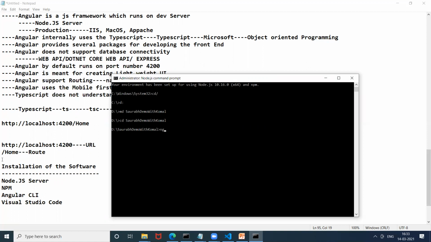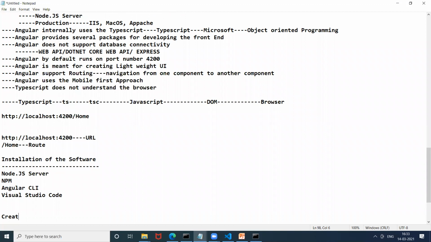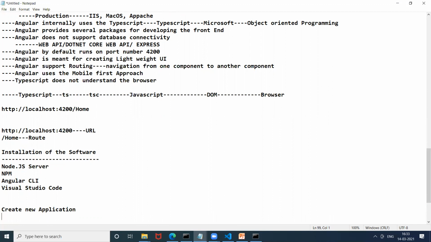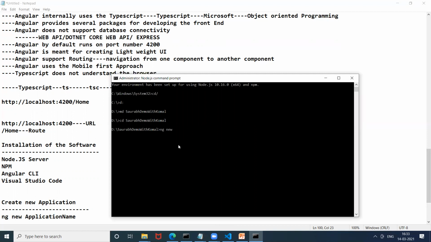How to create a new application? Let me write it first of all. How can you create it? ng new application name. So basically, Komal, here you can write ng new, and the application is demo app, right?